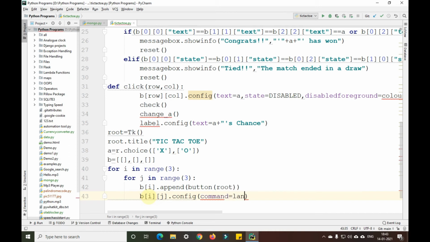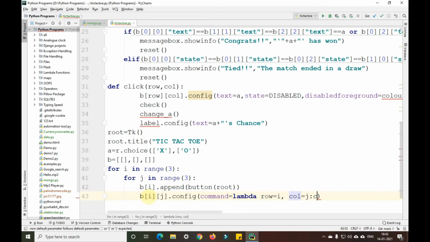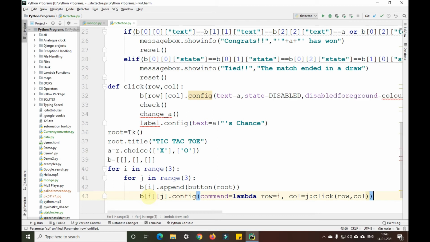Command equals to lambda row equals to i, comma, col equals to j. Just to click off row comma col, into that particular row or column, we are clicking it.